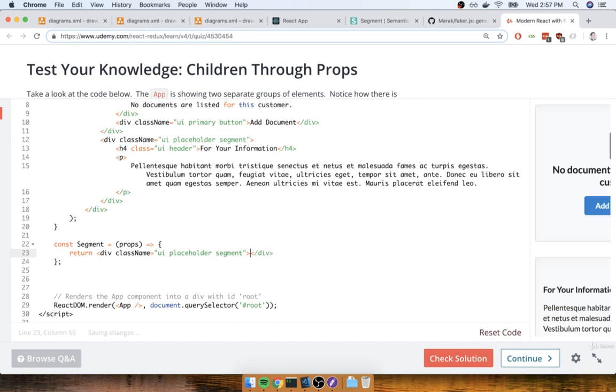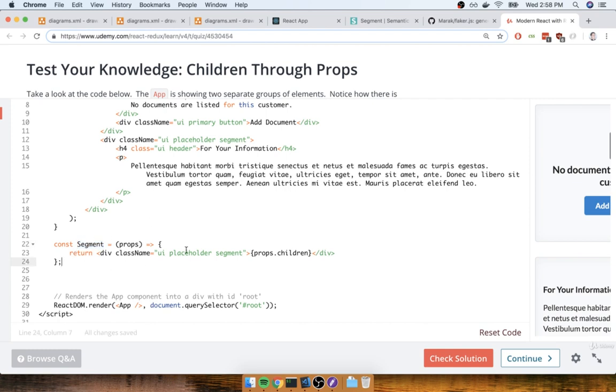And inside the div, I'm going to reference props.children. So this is a very simple, very straightforward component right here. It's just going to show a div with a couple of very particular class names and then show some number of children inside of it. Even though this might seem like an extremely basic component and it might seem like too much trouble to even put together, like I mentioned very briefly in the last video, it would save you, the developer, from having to memorize these class names and type them out. You can just instead say, oh yeah, I want to show a segment, and then reference this segment component.